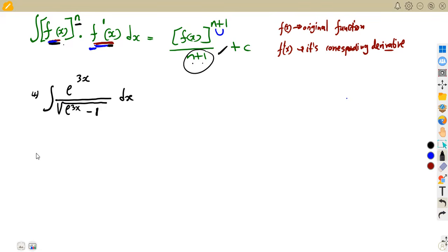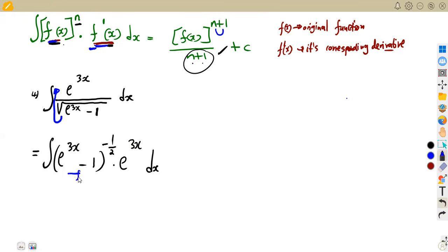So as you can see, we are back to the same way that we had previously, where we are given a square root in the denominator. We take it up, having a negative exponent. So it is going to be e to the exponent of 3x minus 1, to the exponent of minus half in this case, multiplied by e to the exponent of 3x, which was already in the numerator, with respect to x. So let us check if our f of x, because this is our f of x here,